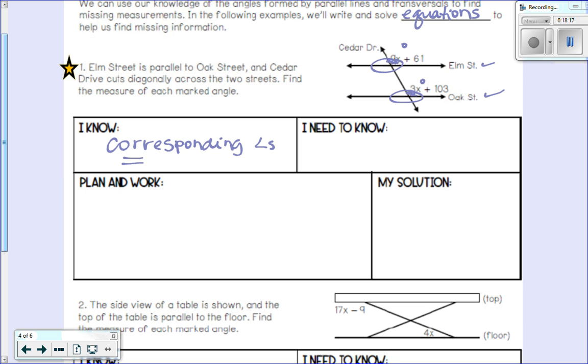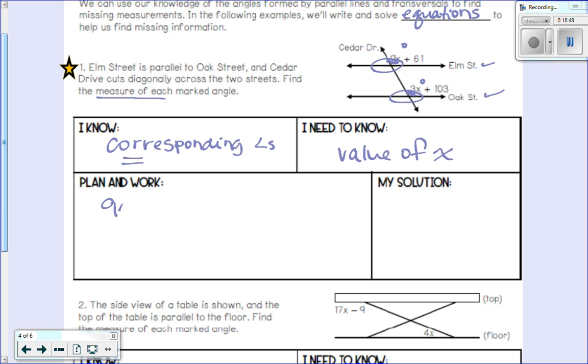What do we need to know to get the measure of each angle? We need to know the value of x. Then once we know the value of x, we need to substitute that in. So our plan in our work is to set up our equation. They are equal to each other, right? So we have